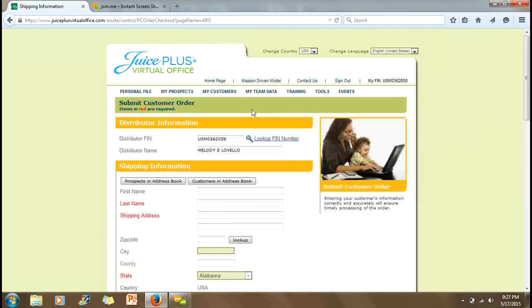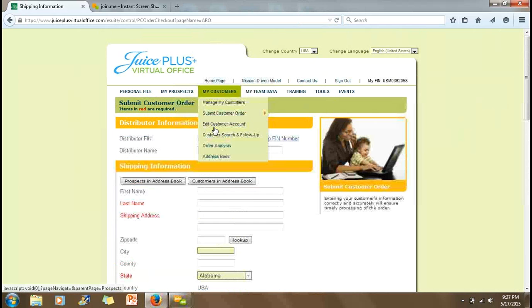Now I'm going to just briefly cover, once you have customers, let's say someone finishes their protein really fast and they want to expedite their next shipment, or someone wants to cancel, or someone needs to change something on their order, their payment information, their address, you're going to want to go to Edit Customer Account. It's going to let you search